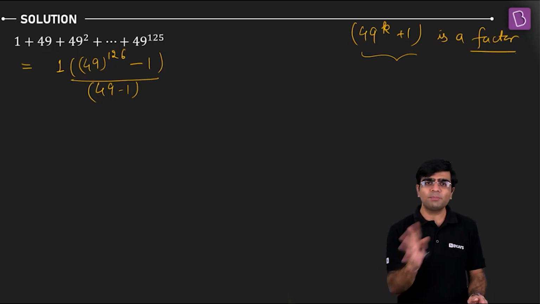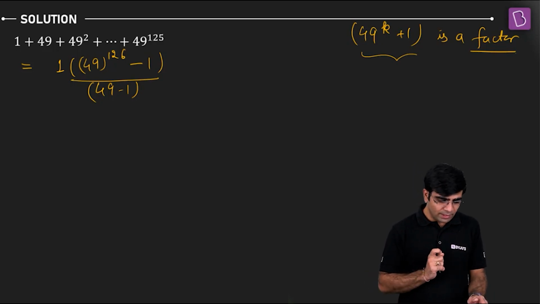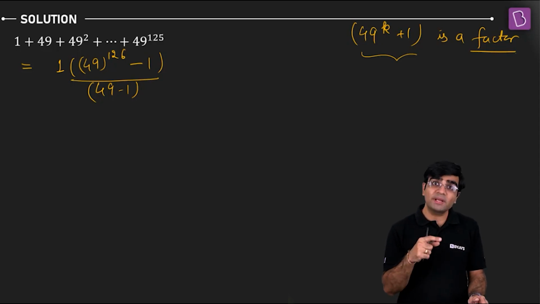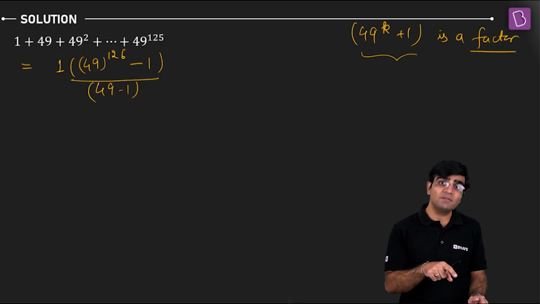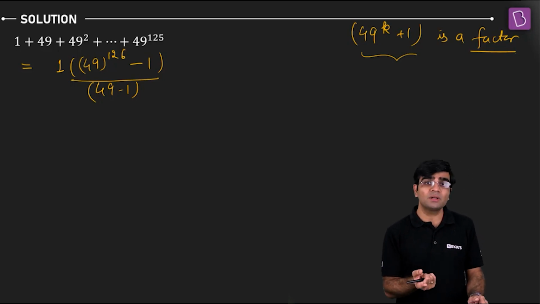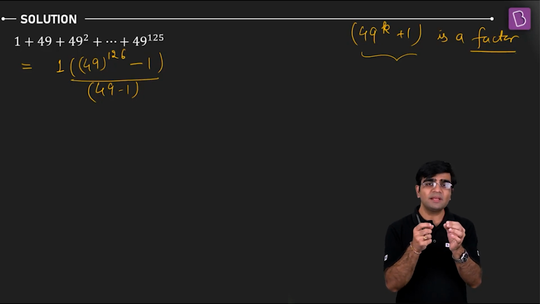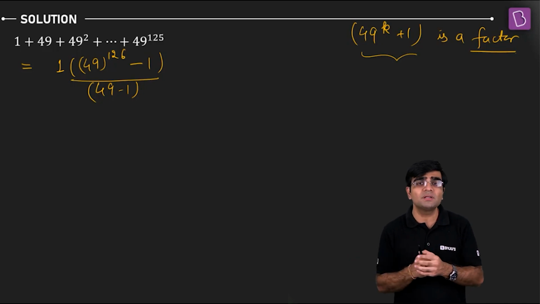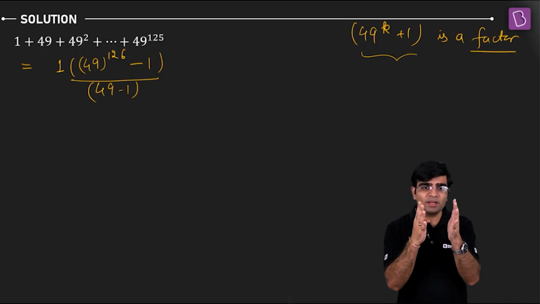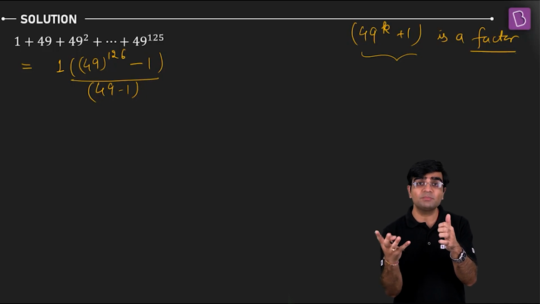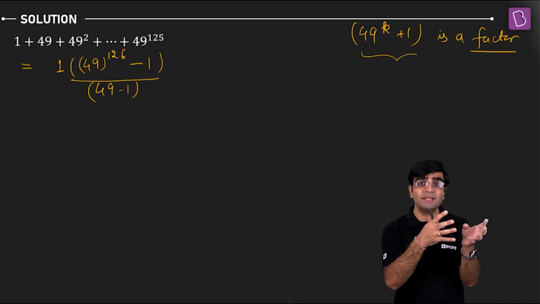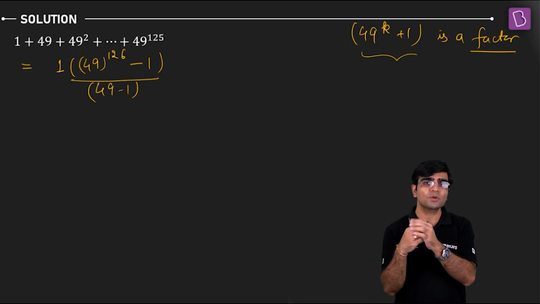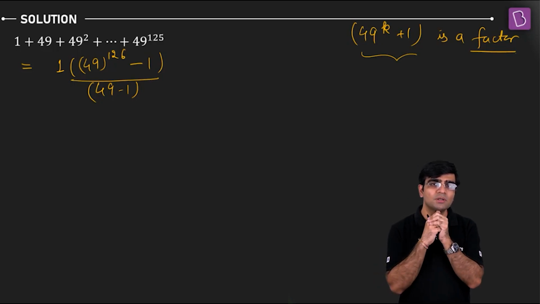So let's do all the possibilities to simplify it. For that matter, I have to generate 49 raised to k plus 1. Here we have 49 raised to 126 minus 1. Can I reach a result as a raised to k minus 1 to a raised to k plus 1? Think in that way. If I have a minus b, I want to reach a plus b. Or let's say if I have something x minus y, from there I want to reach the addition of those two terms or an addition of terms of that sort.